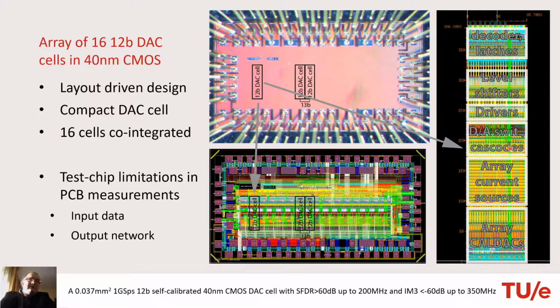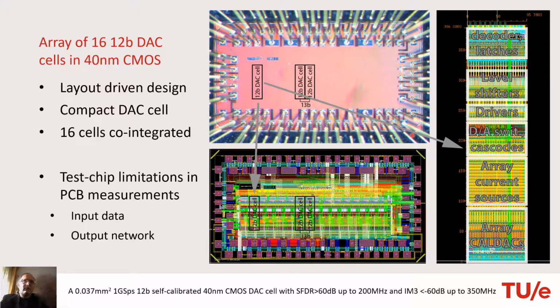But in the measurements, of course, this is a test chip. In the measurements, we couldn't really measure the full potential of such an array because we are limited with the initial problems of how to get digital data for 16 D to A converters and how to get their output in a more flexible way and combine it together depending on the application, of course. So for our measurements, what we did is that we measured a single DAC cell performance and also, as an illustration, a combination of two DAC cells used together as a single 13-bit